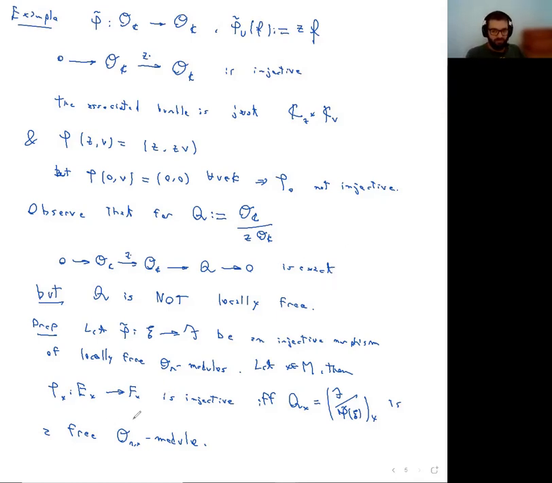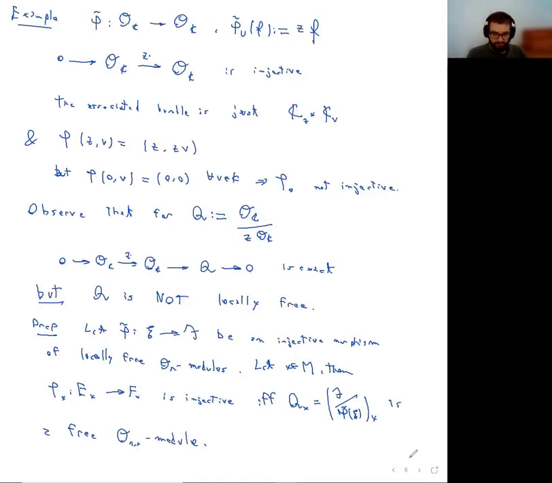And this also kind of fits with what I was saying before, is that if this sequence is exact and Q is locally free, so if all three of them are locally free, then the corresponding sequence is exact. This proposition doesn't prove it yet, but it's a little spoiler. It just proves injectiveness, no? So let's prove this fact here.